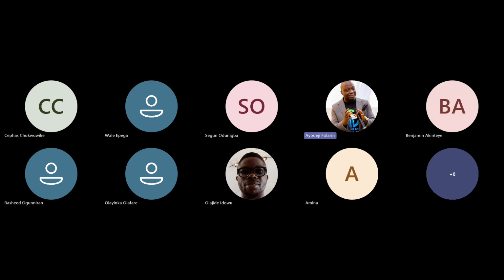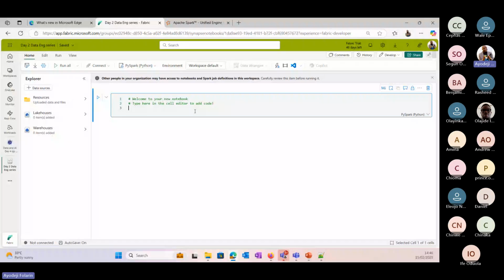When we write our code, it is always written in a cell. This code cell. So within this cell, I can write a lot of code. I might decide to continue my code in another cell. So what will I do? Once I get to the bottom of the cell, I will see a plus to say add code cell. Once I click on add code cell, another cell will come up where I can write my code.